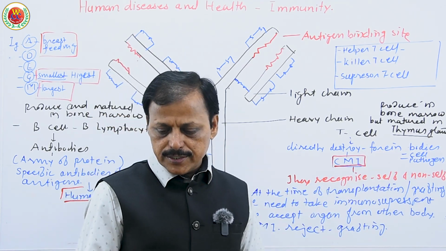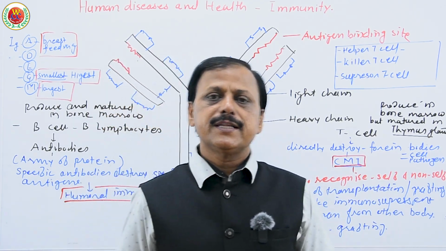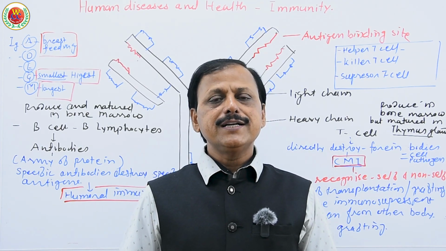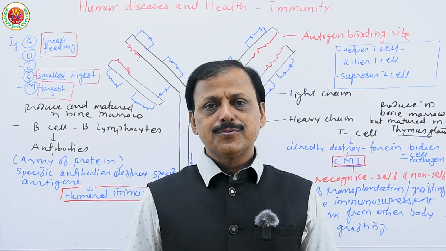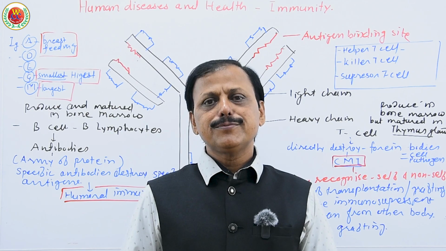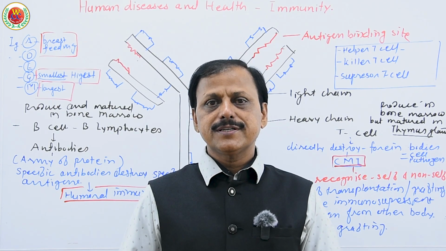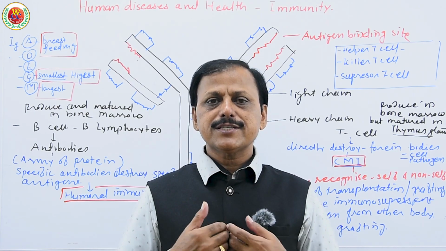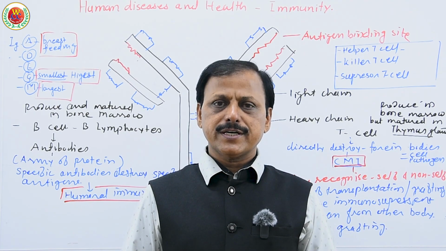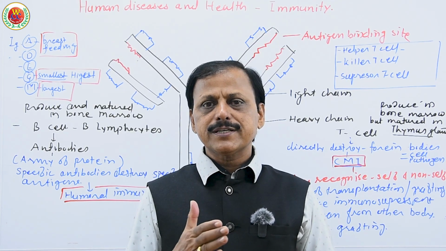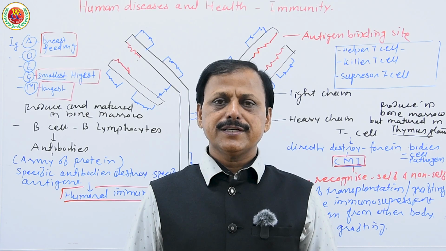So here we learn about both immunities, innate immunity and acquired immunity. Under innate immunity, we learn 4 major types. Physical immunity, as skin and mucus stand as a barrier for the pathogen. The mucus secreted in the gastrointestinal tract, reproductive tract, even in visceral organs, protects against entry of pathogens. So that is physical immunity.